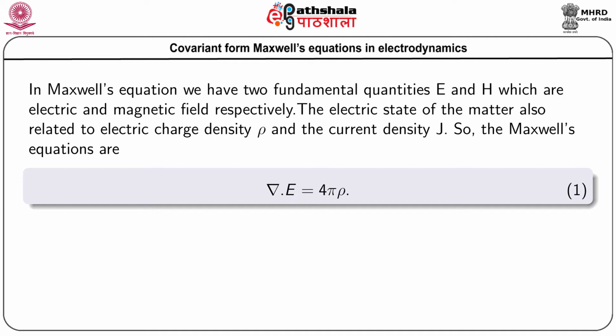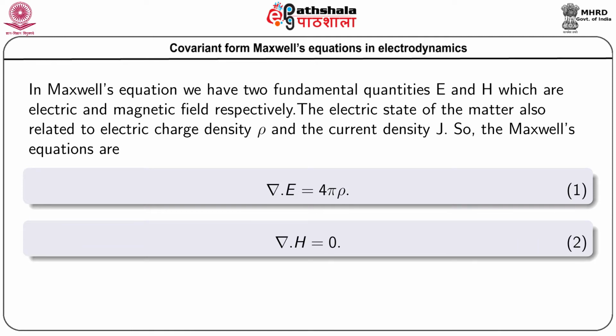Now, electromagnetic field tensors is obtained from the Maxwell's equation, where we have 2 fundamental quantities E and H, that is electric field and the magnetic field, and the electric state of the matter also related to electric charge density rho. So, rho is the electric charge density and the current density is denoted by J. So, Maxwell gave the equations in 1861,